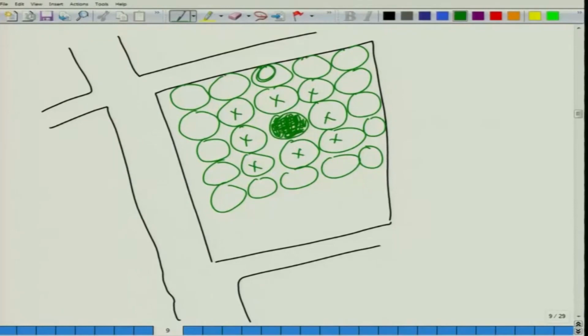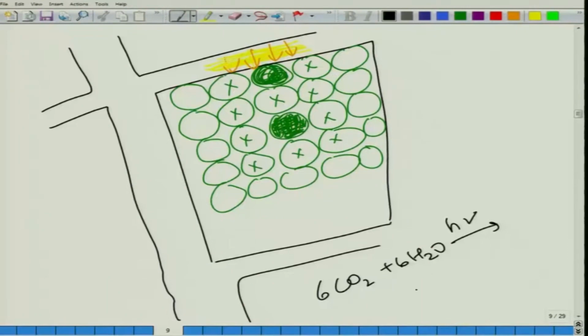On the other hand, if we consider this tree, it is being blocked from sunlight by these trees, but from this section, because this is a road, our tree can get sunlight from this direction very easily, because there are no large trees to obscure sunlight from that direction. How would that affect our stand? In the process of photosynthesis, as we have seen before, carbon dioxide plus water in the presence of sunlight gives us